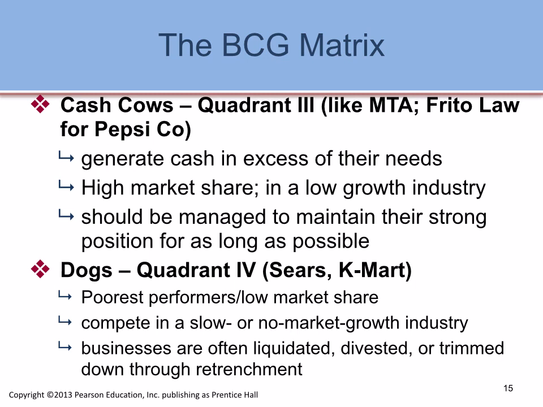And the last one, we have the dogs. The dogs are the firms or the brands in quadrant 4 of the BCG matrix. Okay, these firms are the products of the organization which have a low market share, but also they compete in a slow or almost no growth industry. I mean, dogs are essentially poorest performers, right? They're really in a bad position. Not only are they losing money, but they're also competing in a slow growth or no growth industry,